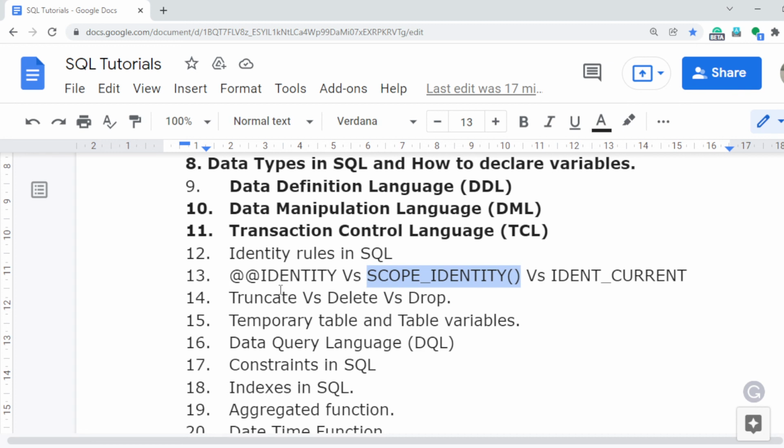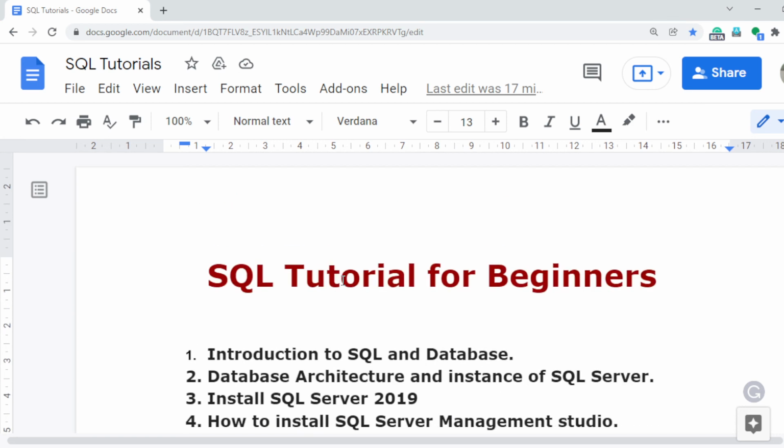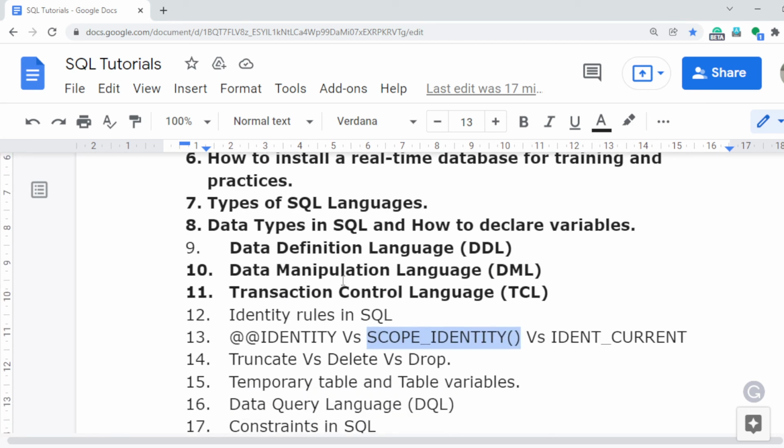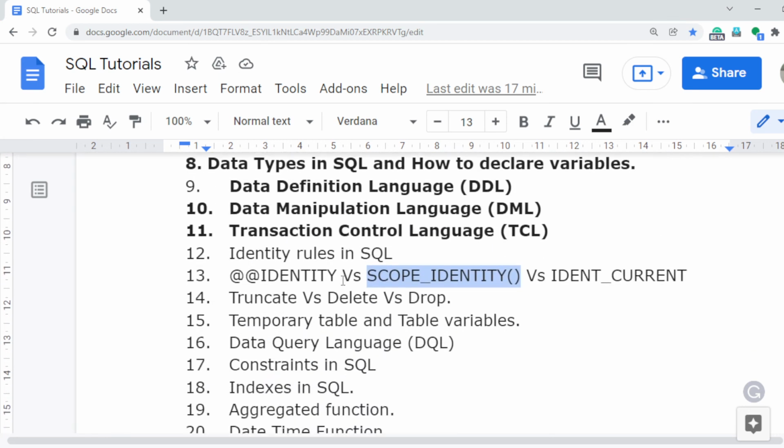If you complete it from beginning to end, you will be comfortable working with any type of code, any query, and any profile you are working in, like data analyst, business analyst, system analyst, or data scientist. Everywhere this is useful. Okay, so no need to go anywhere. This series is a complete package. In this tutorial I am providing everything one by one.